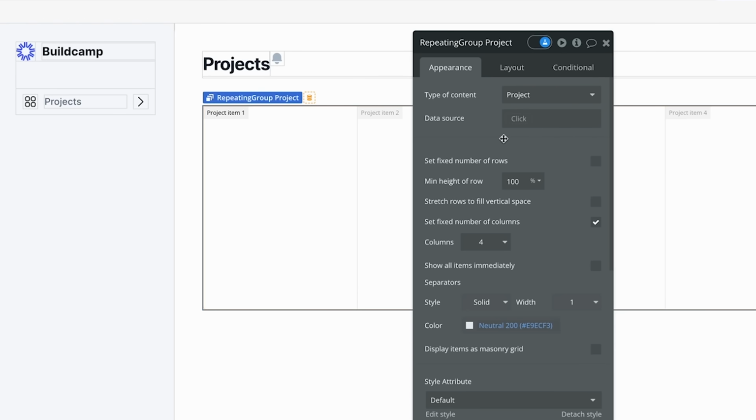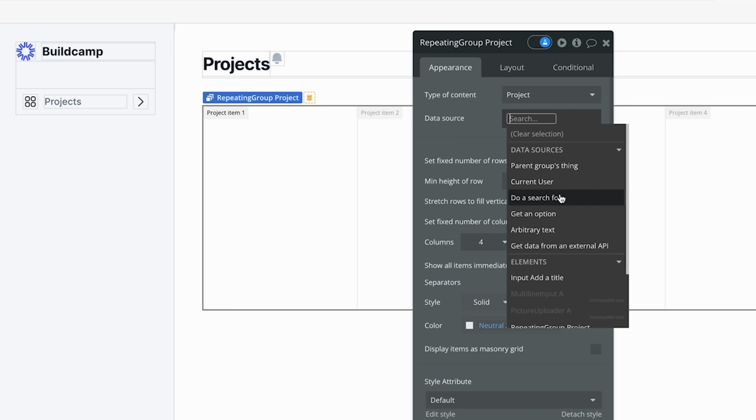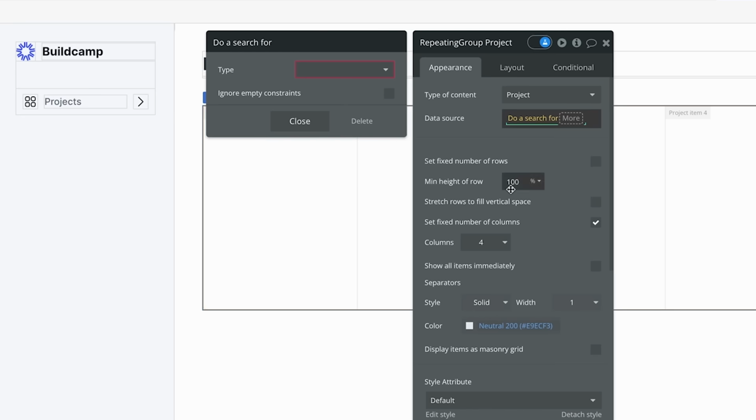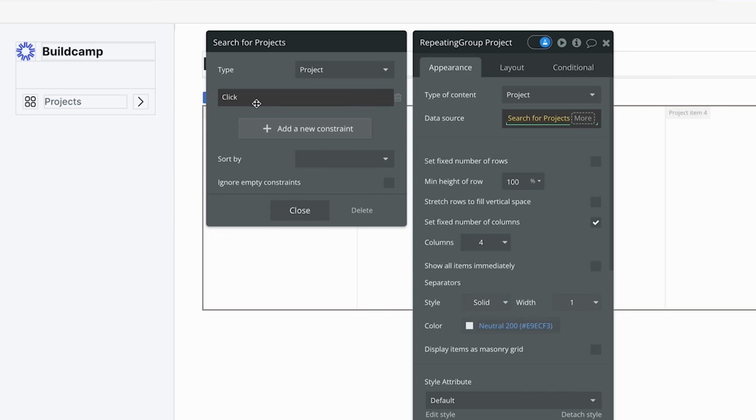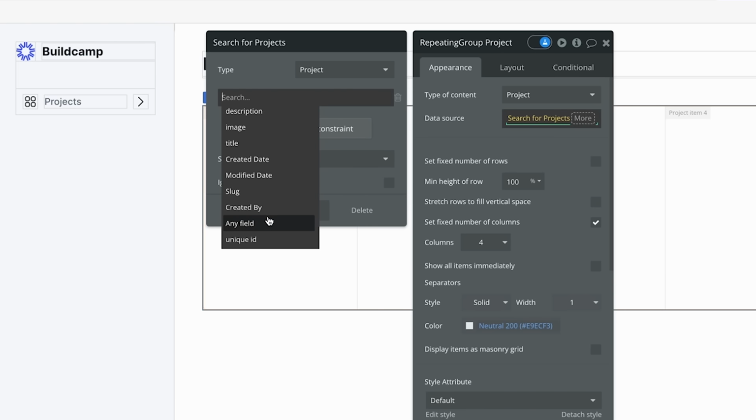Very well. Which projects? Now, if we're building out Beginner's Camp, the big course, we would want to see projects that belong to a team that Daniel works within. Okay, that's too complicated for this, not too complicated. You can learn it very quickly. But just for the sake of this course, I'm just going to say go find, do a search for projects without any constraints. What we could say as a constraint is where the